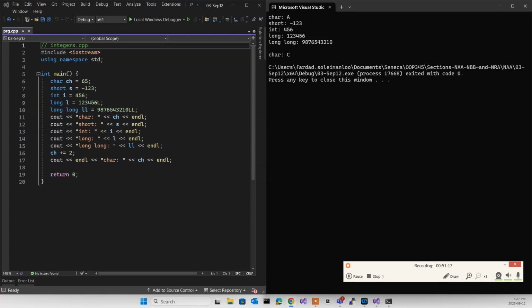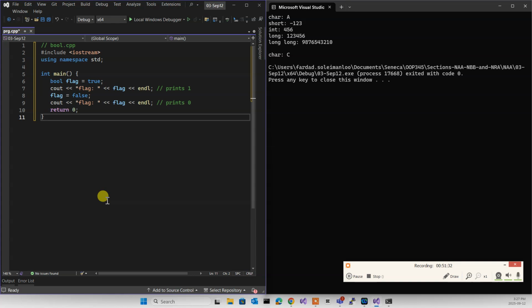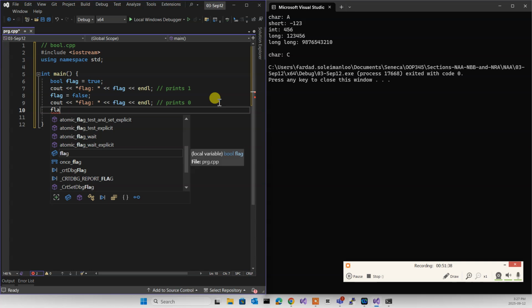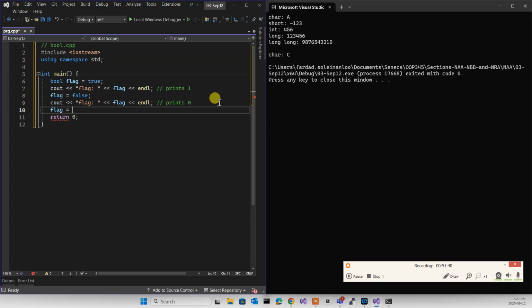Oh my God, what are we going to do now? So in C++, they actually created a type. They called it Boolean. What is Boolean? Boolean is essentially an integer. It's literally an integer. The only difference is that if you put anything but 0 in it, it converts it to 1.